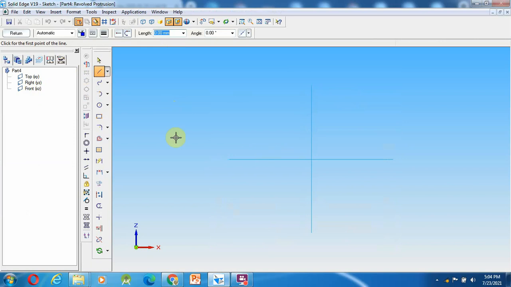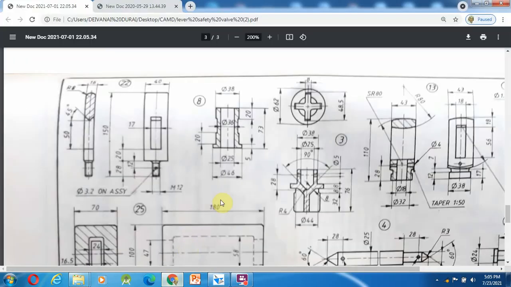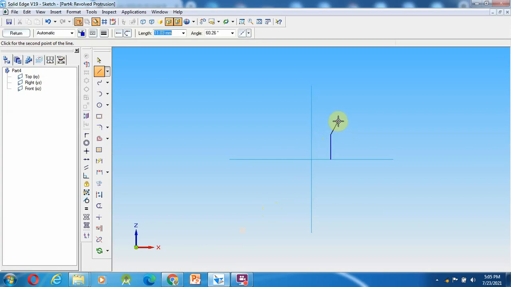Okay, after selecting that, compared to the previous drawing where we started as per the exact dimensions, here we go for a different method. First I am going to draw as per the shape. This is an inclined line, and then vertical and horizontal straight lines, like that shape I am going to create over here. So the inclined line, from here to here, and I am going to check the dimension over here. Up to here I am supposed to stop. Okay, after stopping it,